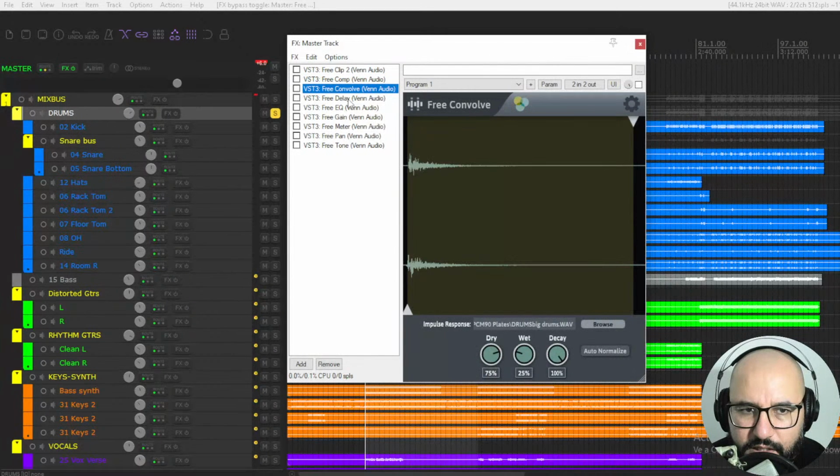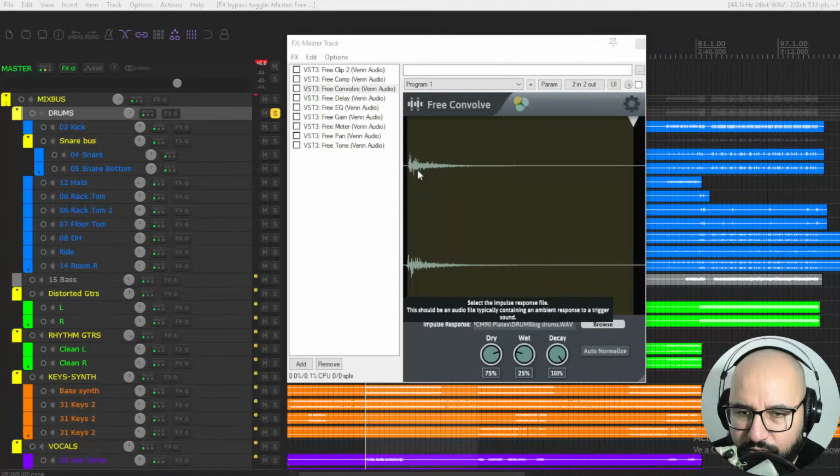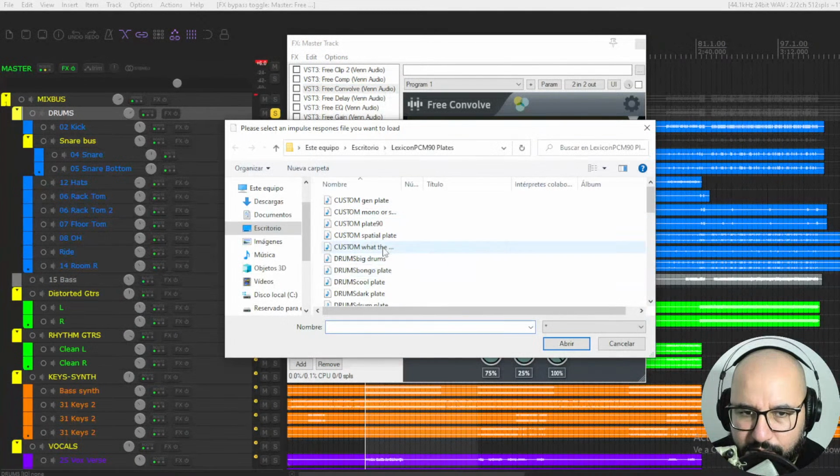Let's now use the free Convolve. This is a convolution reverb, which means that it uses impulse responses, but not like for guitar tones and stuff like that, but from real spaces, right? Like room halls and stuff like that were condensed into a single wave file, and this plugin loads wave files. Here at Browse, you can look on your computer. I have some of Lexicon here, PCM 990 plates, and I have some